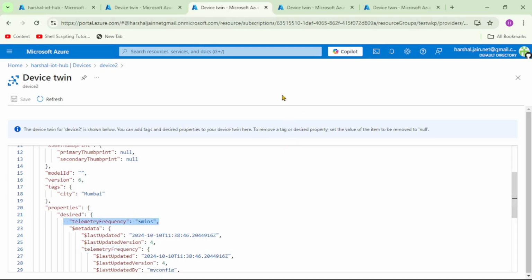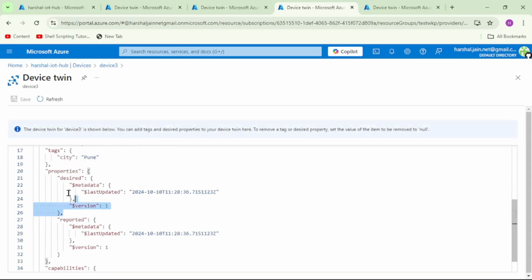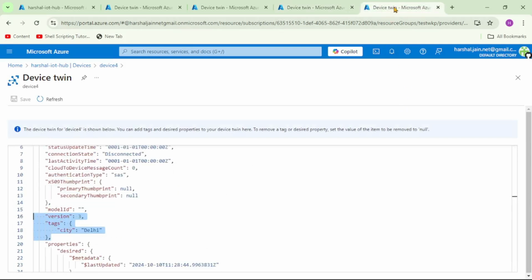But now let's cross check the device for which tag city is equal to Pune, and this device should not have been updated. So let's cross check, and you can see under desired properties we don't have the newly added desired property, and similarly this fourth device as well must not have been updated.